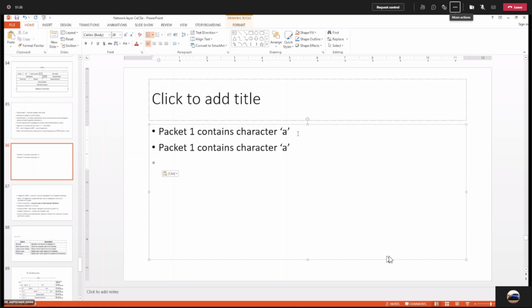Packet 2 will contain character B. Packet 1 is the first packet and packet 2 is the last packet. So if packet 2 is the last packet and packet 1 is the first packet, then in packet 1, what will the don't fragment field be and what will the more fragment field be?